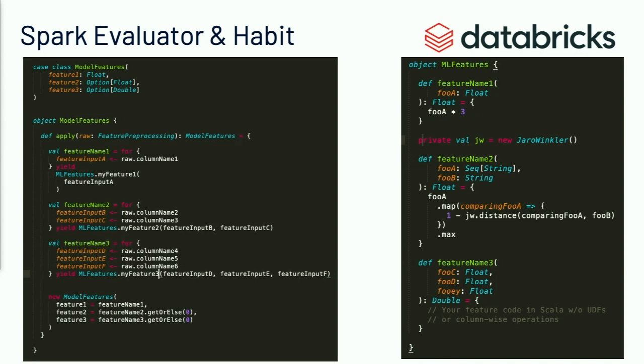So the code examples that you have been looking at on this slide show a record-wise way to write features for a model using Scala's apply method, completely circumventing the need to use any of these UDFs. This code is easy to unit test, it's easy to read, and it errors on compile, which SQL queries don't. And it's 2, 4, 6 times faster, depending on what your situation is. It's actually much faster, because